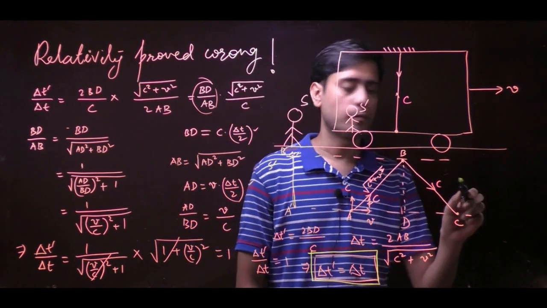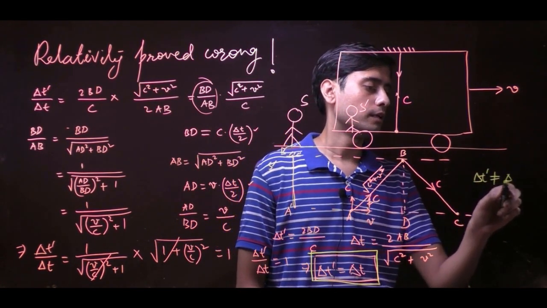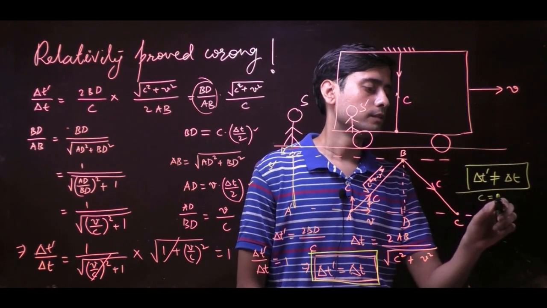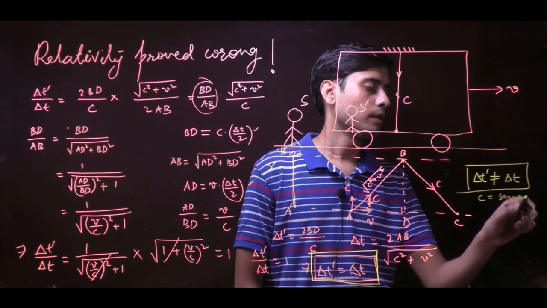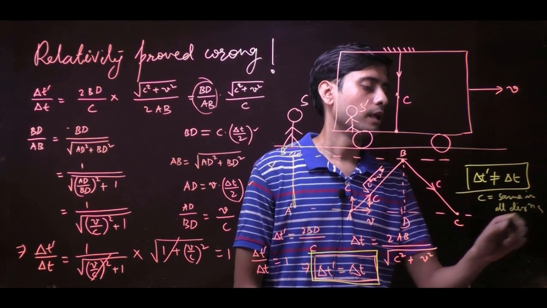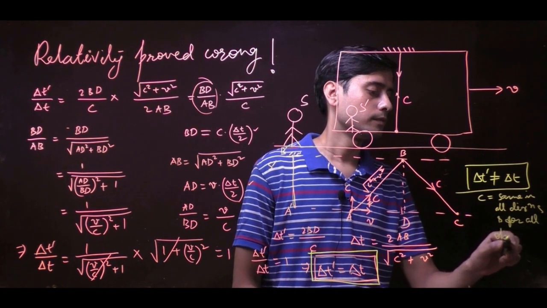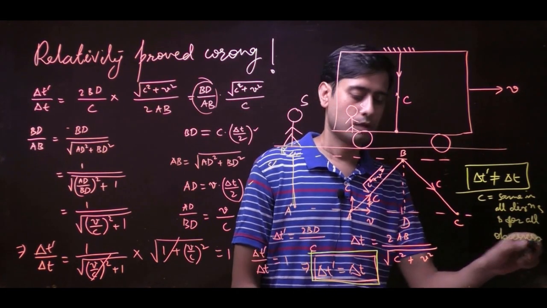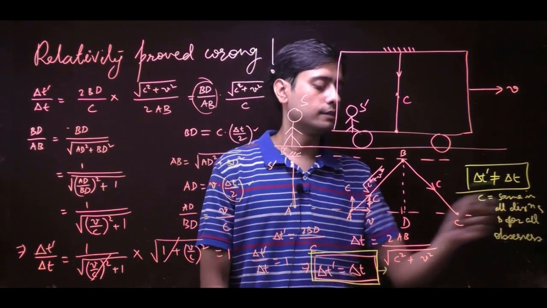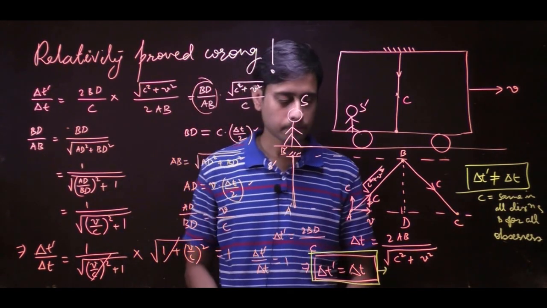So delta T prime is not equal to delta T in case of c being the same in all directions and for all observers, and this is only for the direction case and not for all observers case. So now